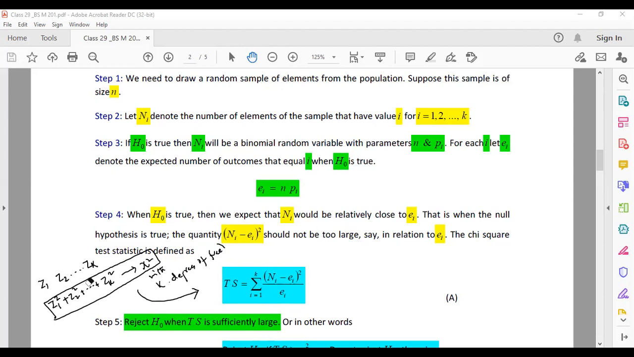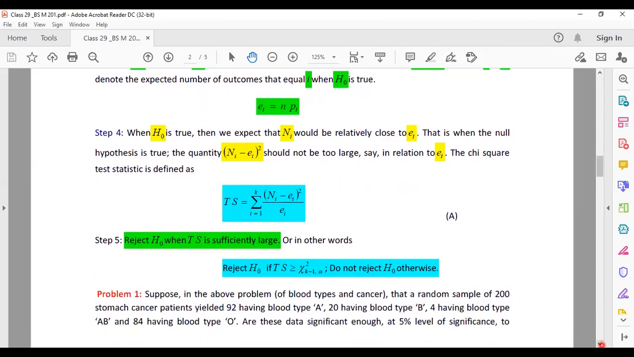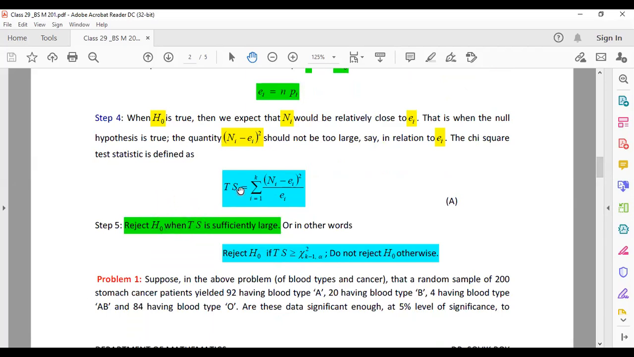So what we must remember is, this is the test statistic: the square of the difference of the observed frequency and the expected frequency, and its ratio in relation to the expected frequency, will be calculated for each case i, and all these values will be added together. After that, we will reject our H naught when this TS